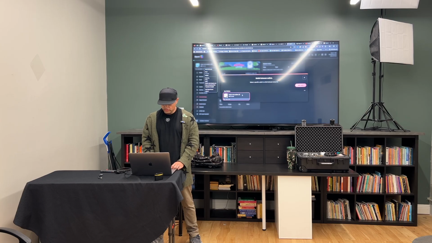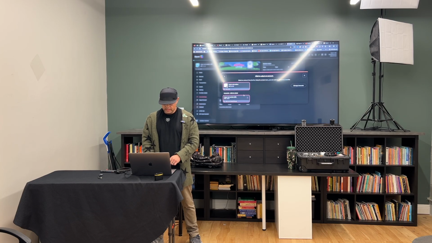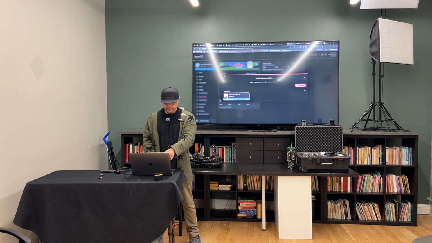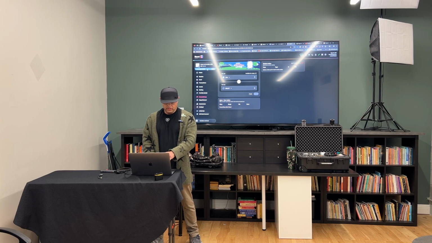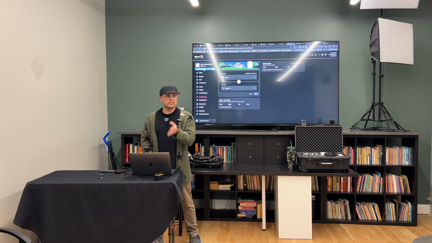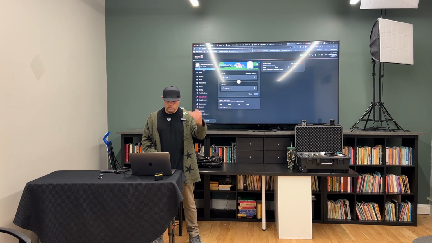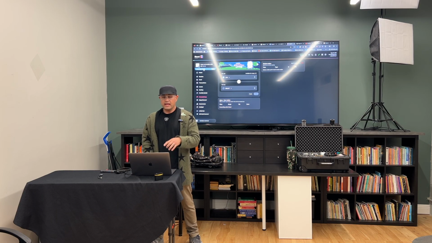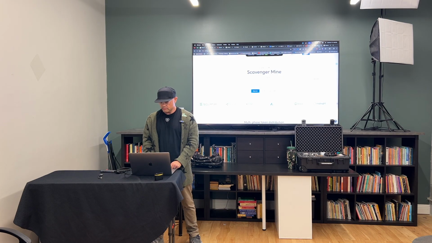And so what you do is you click on the wallet here, then you click on the 3 dots here, and you go set as forced DApp. You'll see the blue bar pop up on the wallet. When the blue bar pops up on the wallet down here, it'll say forced DApp account. This is the wallet that will talk to the internet when you go to a website. It's the one that you forced to talk to it. You could have 50 wallets in this lineup. None of them will talk. Just this one will talk. Okay? And so it's important to turn that on because if you want to go to the Midnight Scavenger Mine,